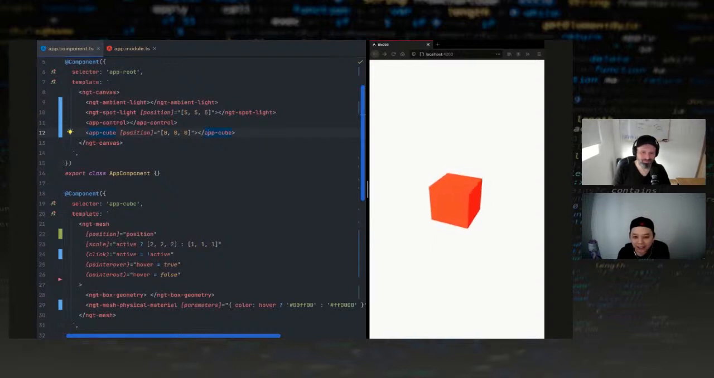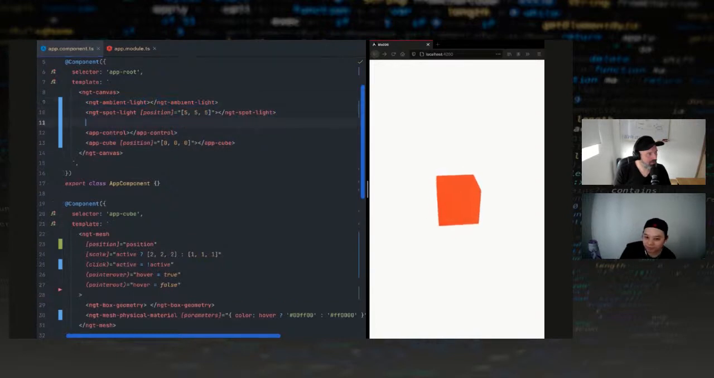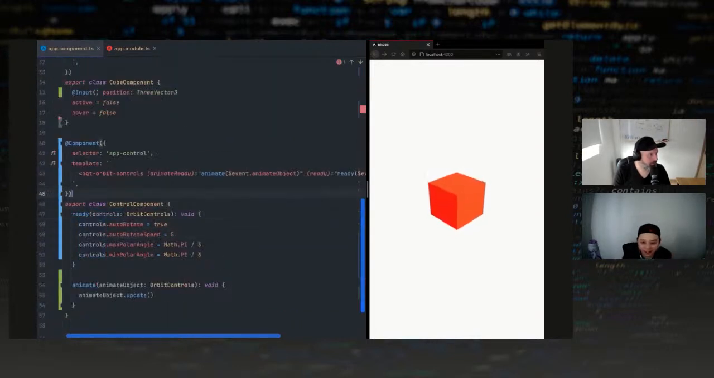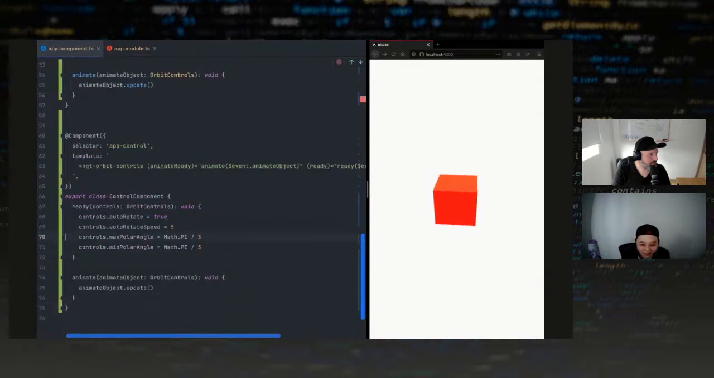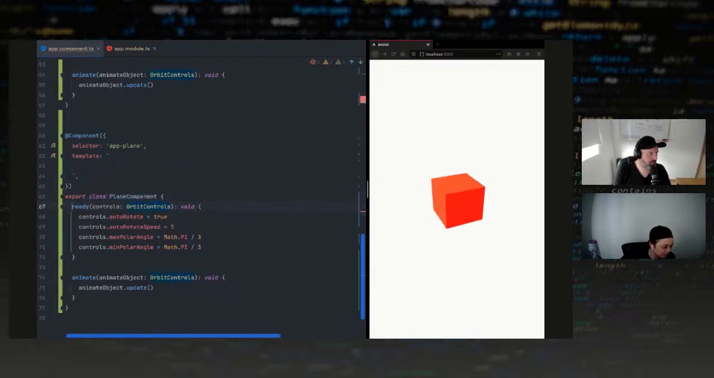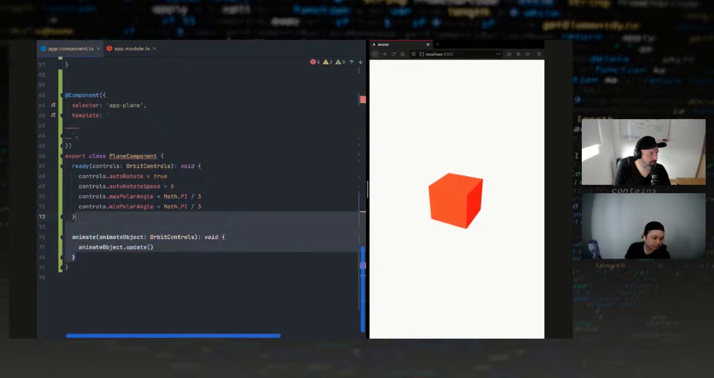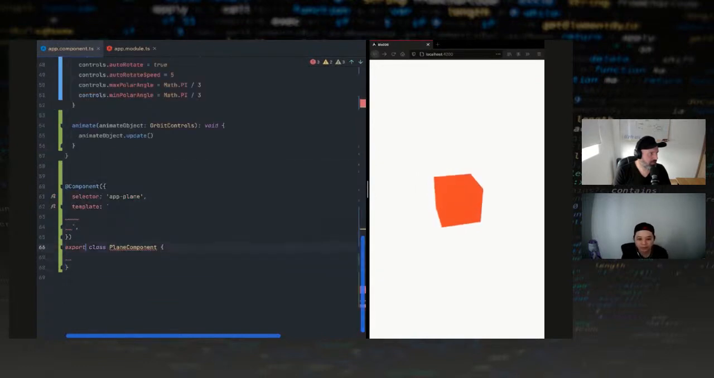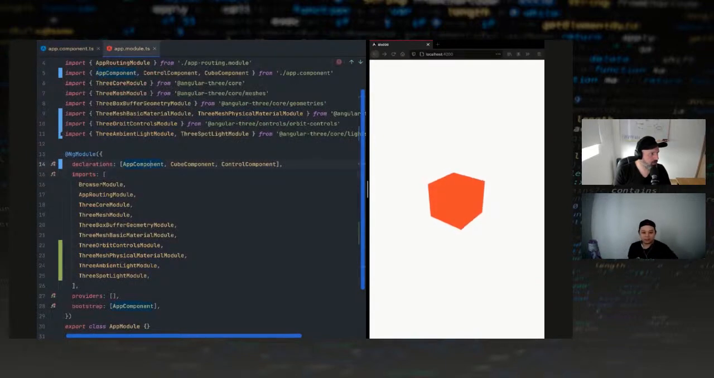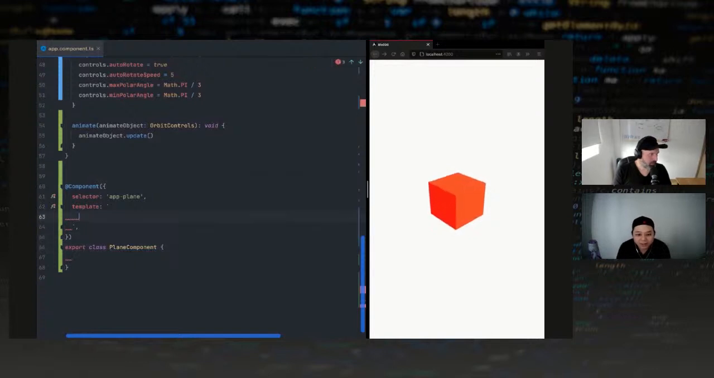Let's put in a plane so we have some shadow. Let's create a plane component. I'm going to copy this thing and call it app plane, and call this the plane component. I'll do the setup here real quick, get rid of this one, add it to my module, and import it here. Cool. All right. So the first thing is I want you to